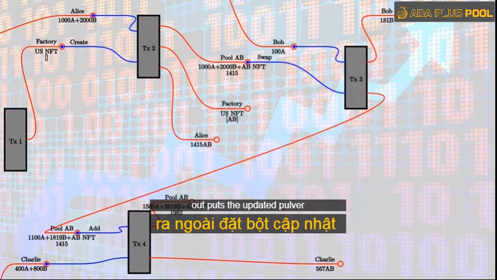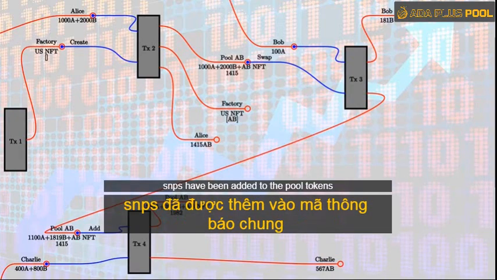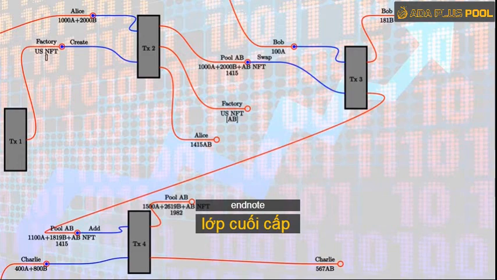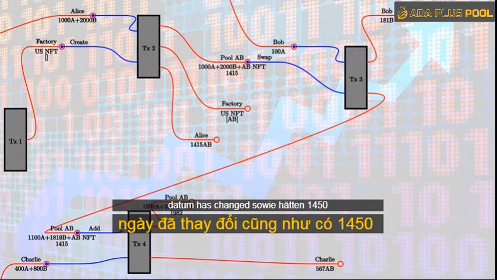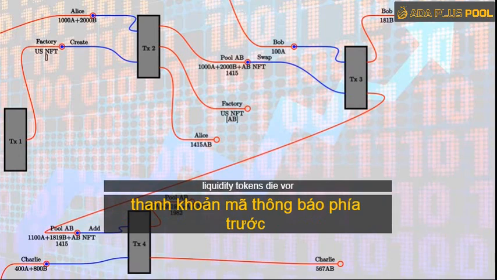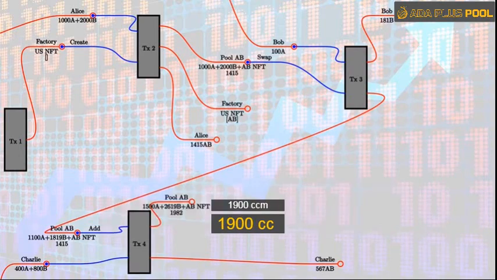And the outputs are the updated pool, where now his A's and B's have been added to the pool tokens. And note that now the datum has changed. So we had 1,415 liquidity tokens before, and now we have 1,982. And the difference, the 567, go to Charlie. So that's the second output of this transaction, and that's the reward to Charlie for providing this liquidity, this additional